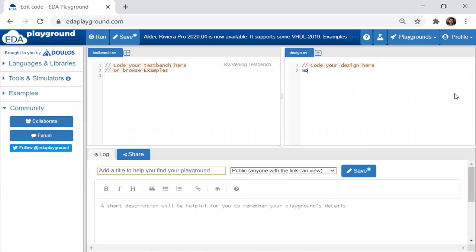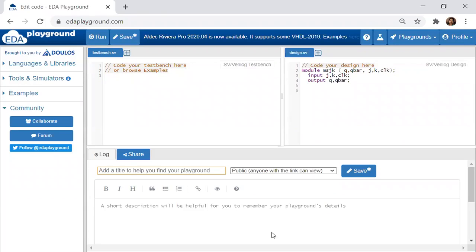So what do I do? Module MSJK, Q is the output, Q bar also I require. Q, J and K, comma, clock. So these are the things I'll be retaining. I need a Q bar also because I'll be coding it in terms of gate level model. Now, what are the inputs? I have J, K and clock as the input. Output will be Q and Q bar.